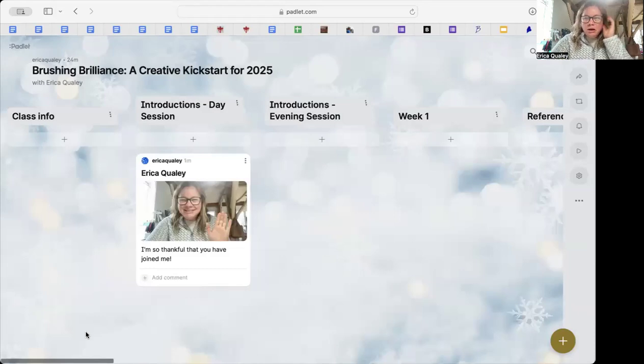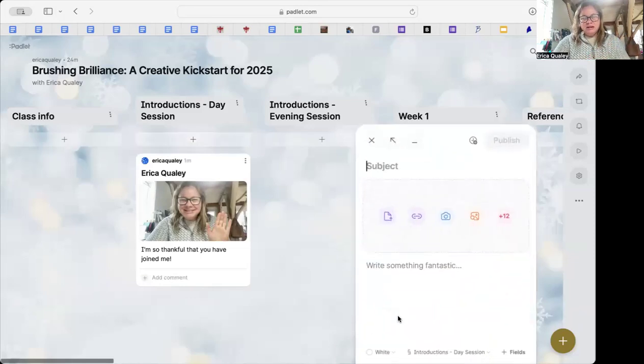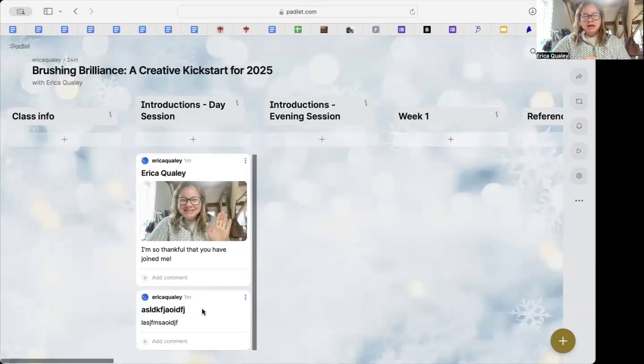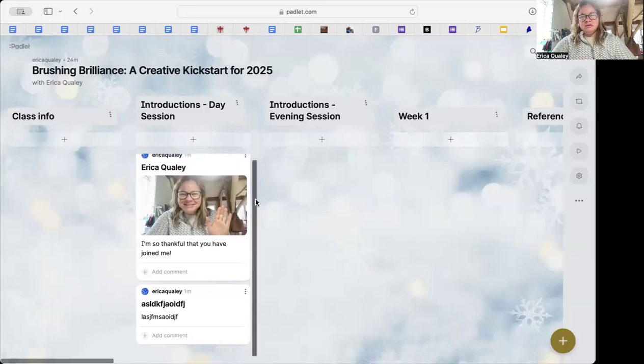As you all start adding to this, there's going to be more and more posts. As I've set it up, the first post just starts at the top, and then each sequential post, I'll go ahead and write just a little something to show you. I'm creating a second post. You'll see it published underneath here. As you publish, you'll start having this little scroll bar here that you'll be able to scroll up and